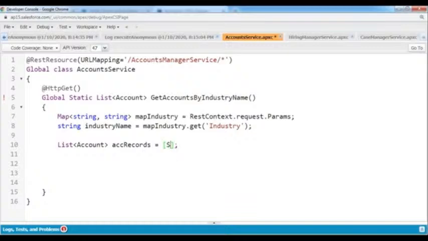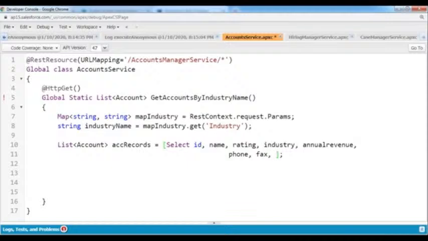Account records equals to, I'm fetching that. Select the ID of that account record, name, rating value, industry, annual revenue, phone, fax, website, and the active status